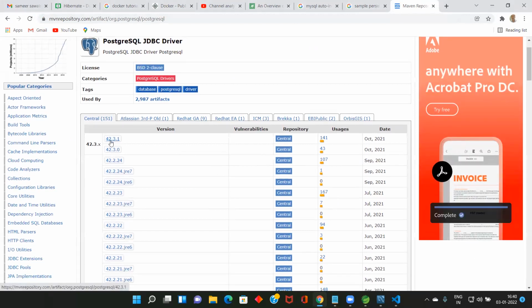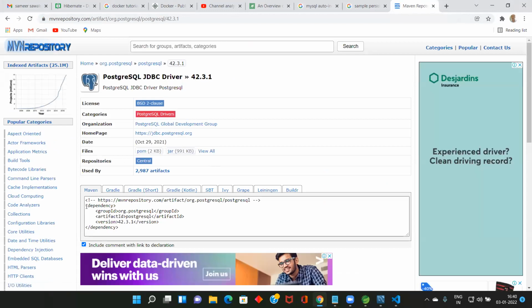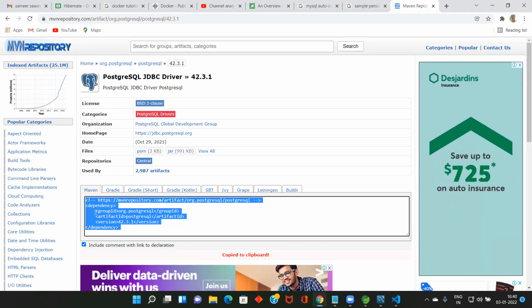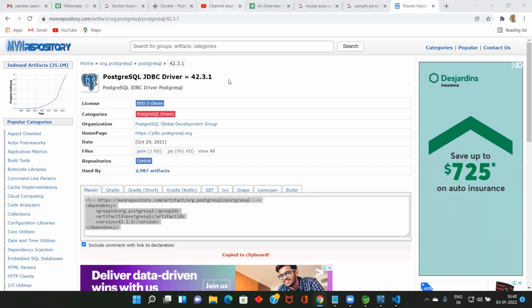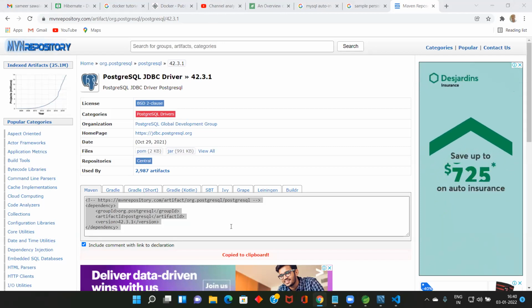Now the latest version is 42.3.1 something. And this is the dependency. Control C, in chat Control V, that's it. So I sent all the things to you, and from here you can correct that one.